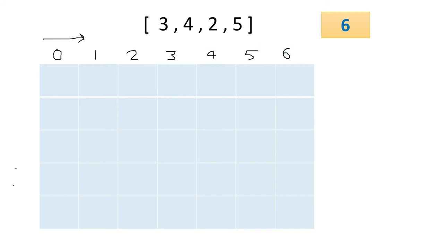And what are the things we will use? First, I will not use any number, that is 0. Then we will make use of 3. Then we will make use of 3 and 4 both. Then we will make use of 3, 4 and 2. Then 5. So these are the numbers which are present in the array, and these are the results which we want from 0 till the kth number, right? Now our DP tabulation technique we will apply on this. So our table is formed.